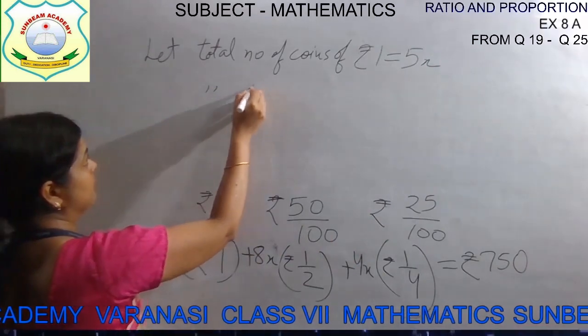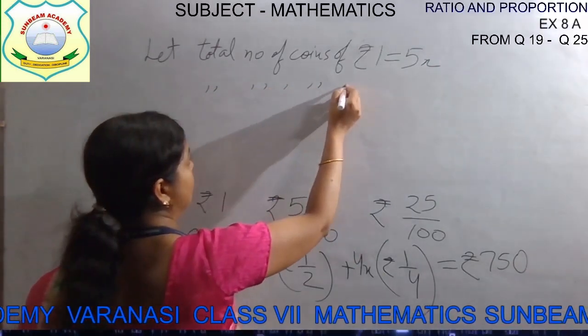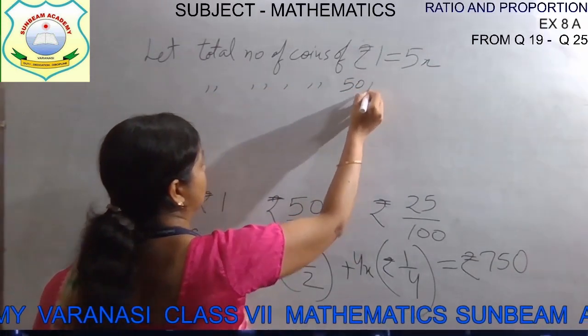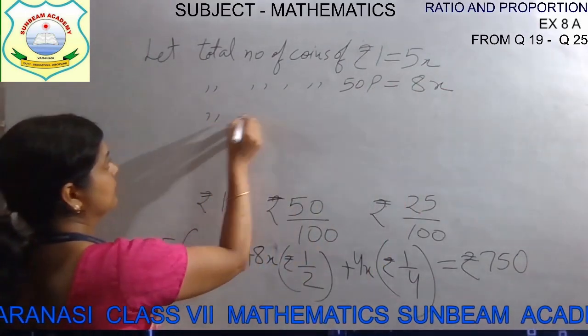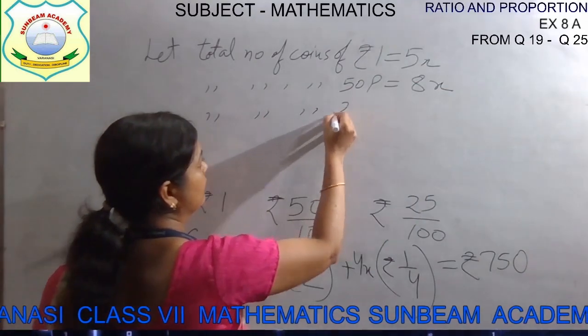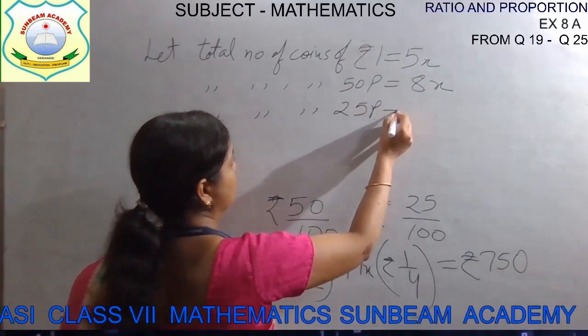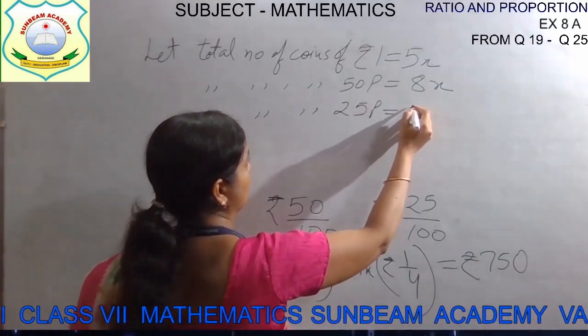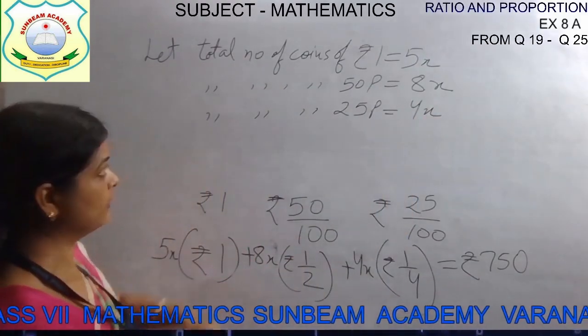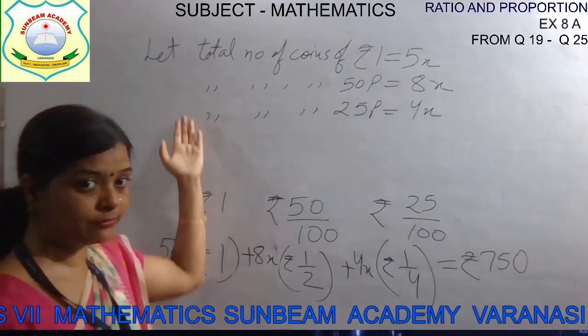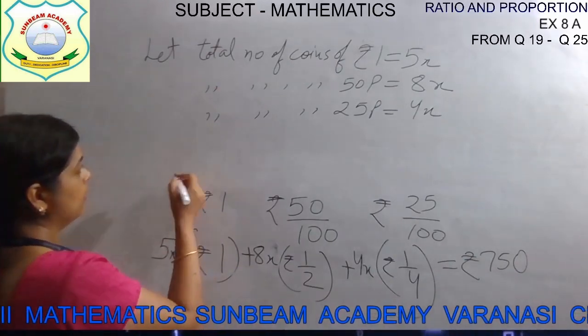Total number of coins of 50 paisa is 8x. And total number of coins of 25 paisa is 4x. If I write it all out, it will waste our time, but you have to write it down. Therefore, now